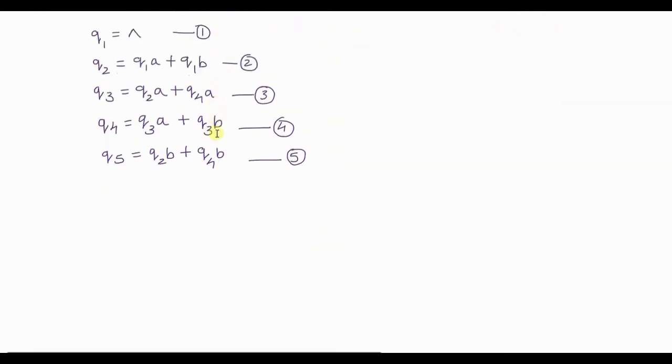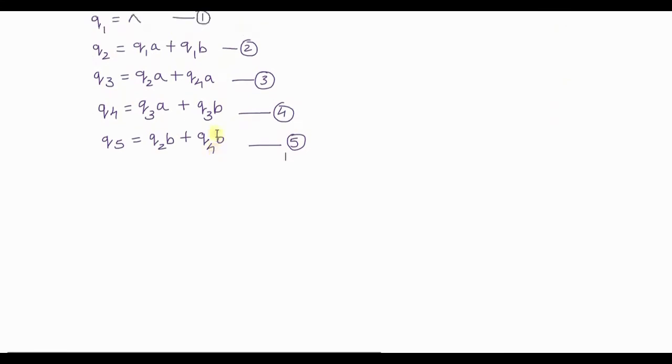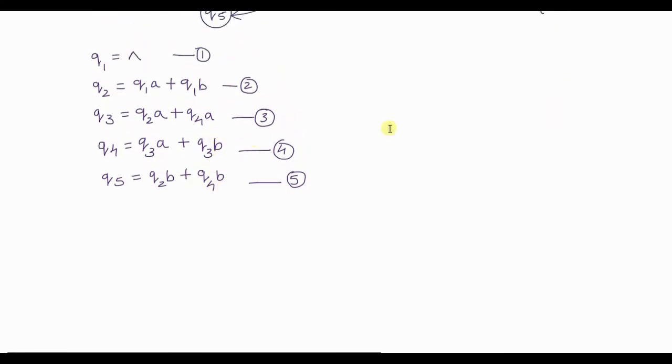Okay, so once we get all these 5 equations, let's see. Your final answer is going to be obtained in Q3, as I told you, because Q3 is the final state. Q3 is Q2A plus Q4A. Look at the terms that are present in Q3. One is Q2 and the second is Q4. First thing we'll try to do is see whether Q2 can be replaced with some expression or not.